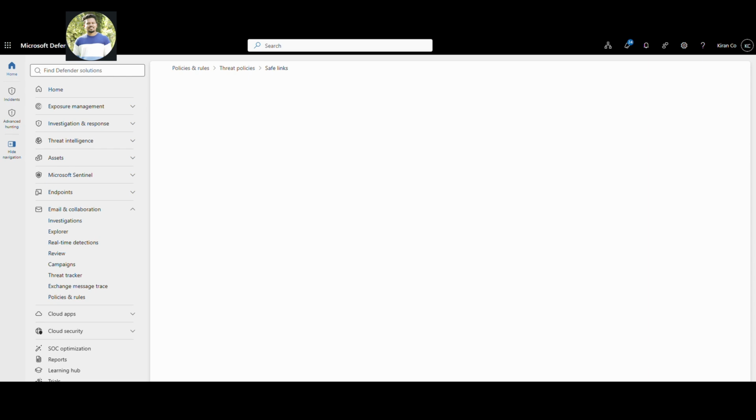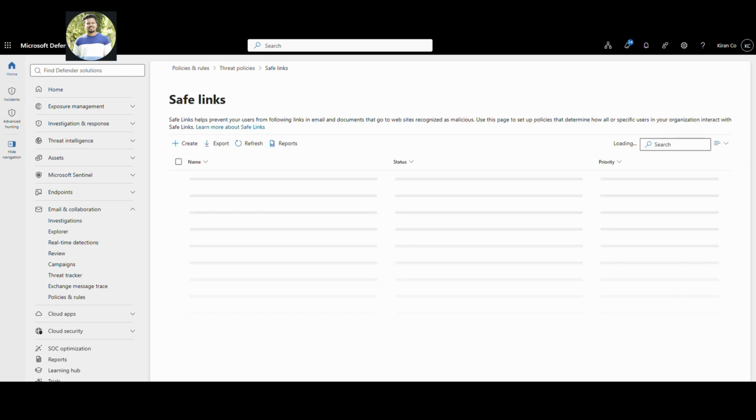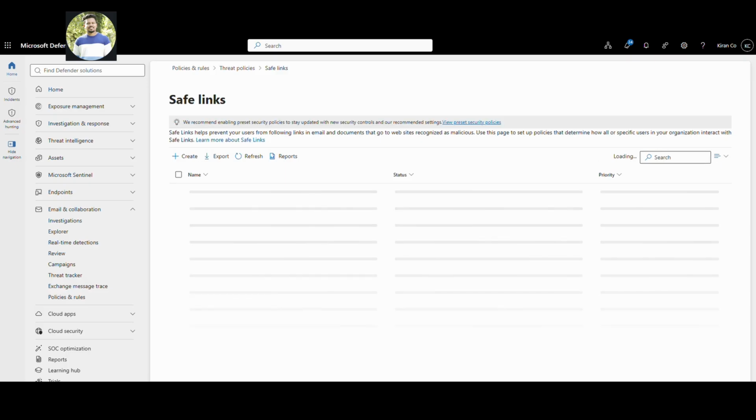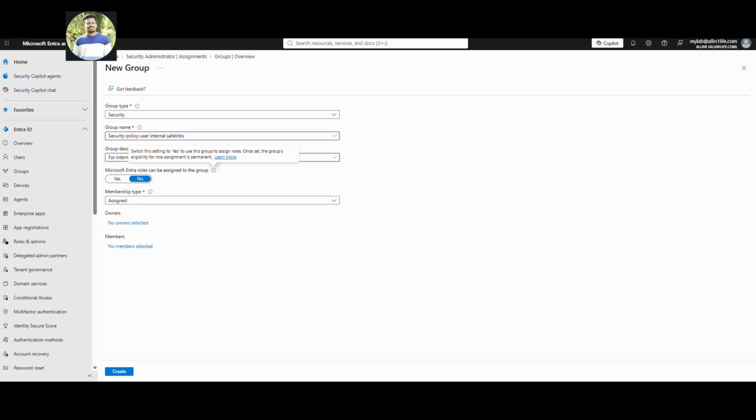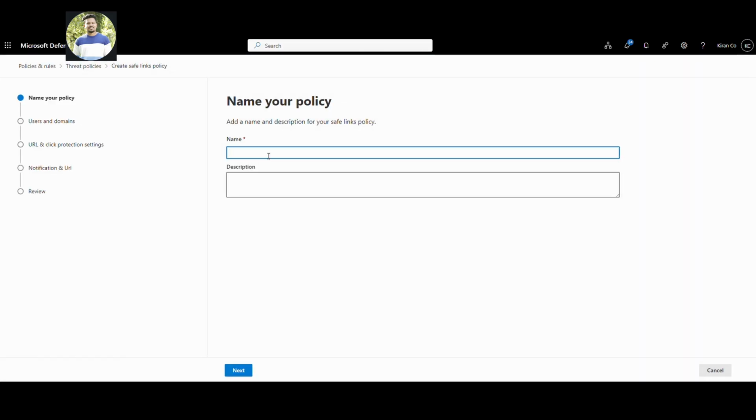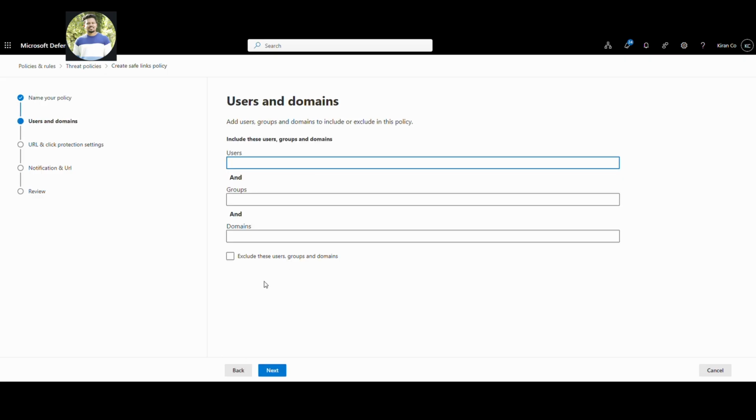When you go to Policies and rules and scroll down, you will have an option called Safe Links. Once we open Safe Links, you can see a default policy which will already be there. It is a built-in policy given by Microsoft. If you want to create a new policy, click on Create new policy and give the name